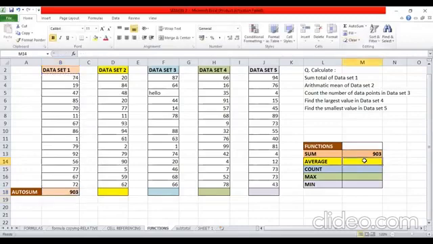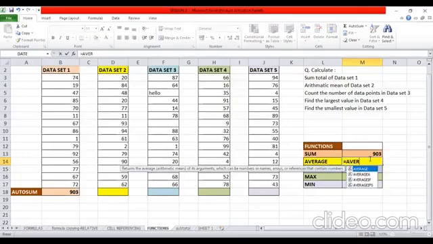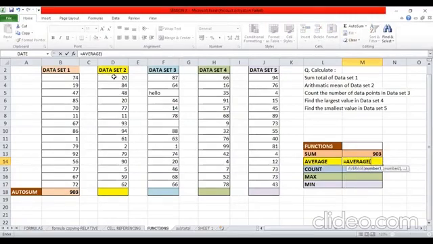Similarly, I can use the average. Now suppose I want to calculate the arithmetic mean of my second data set. So one way of course is simply to write the function which is equal to average and give the range of cells which contain my data. Close the bracket, press enter. That gives me the calculation of arithmetic mean.